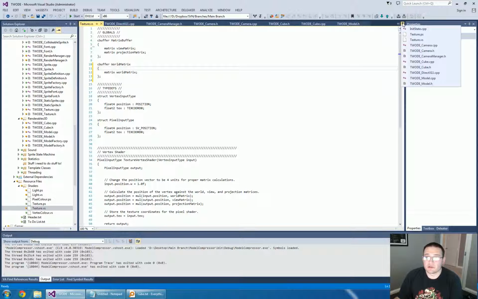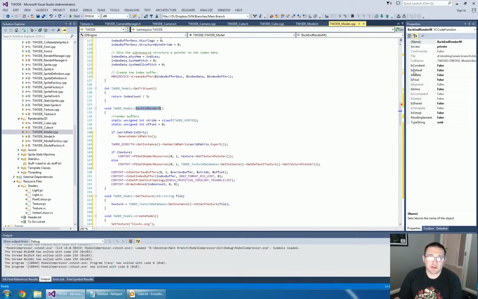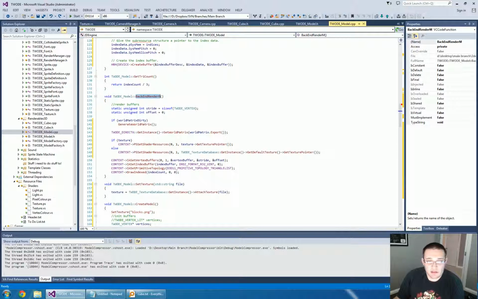or per whatever. I'm only doing it on 3D stuff at the moment. I'm not using the world matrices on 2D stuff. That's all done manually through manipulation of vectors, because I want those to be billboarded, and that's the way I'm doing it. So I just set it here. This dot export. I've got my own matrix class, and I just export it to a Direct3D matrix. Yeah, and I render it out, and